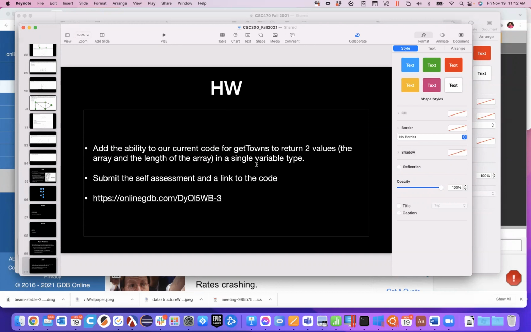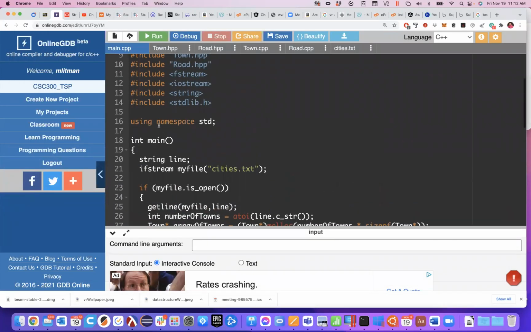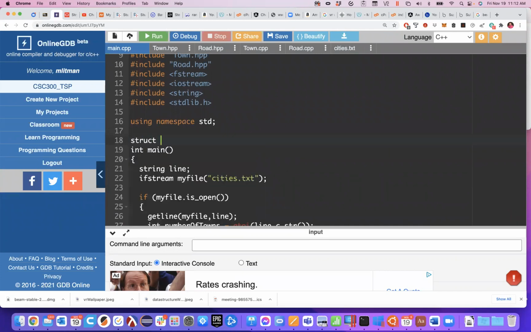So I mentioned last time that this would probably be the type of thing that a struct was kind of built to do, if this is all you needed it to do. So let me go ahead and show that as an intermediate step, even though I expected you to probably create an object to do this. What I'm going to do up top here is create a struct type. We're going to call this, what